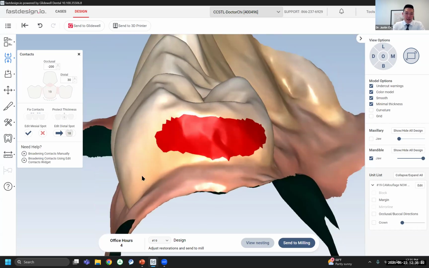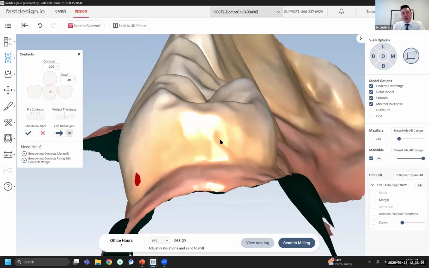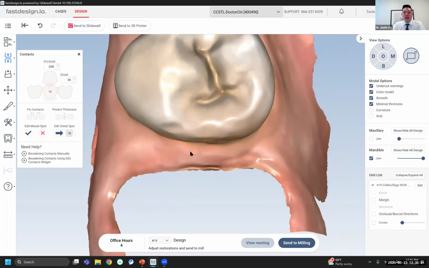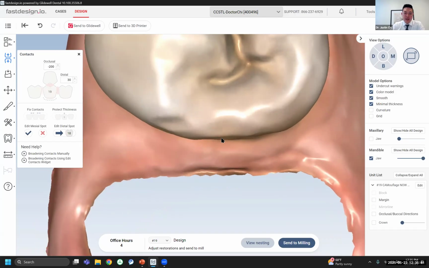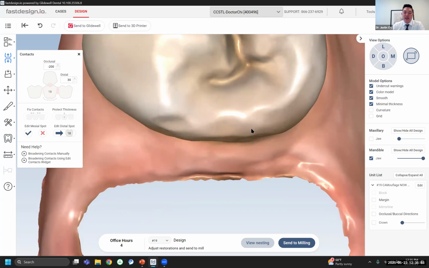So I'm going to go back to here. I'm going to move the color off for a second. What I like to first evaluate before I draw the zone is, let's look at it from a bird's eye view. Let's get an understanding of what part of that neighboring tooth faces our preparation. So we know the cutout area is our prep. If you really look at this neighboring tooth, it's really from this zone here on the buccal, on the distal buccal, to about here on the distal lingual. That's about where our contact is going to occupy to have a nice convex surface on our design, flat to